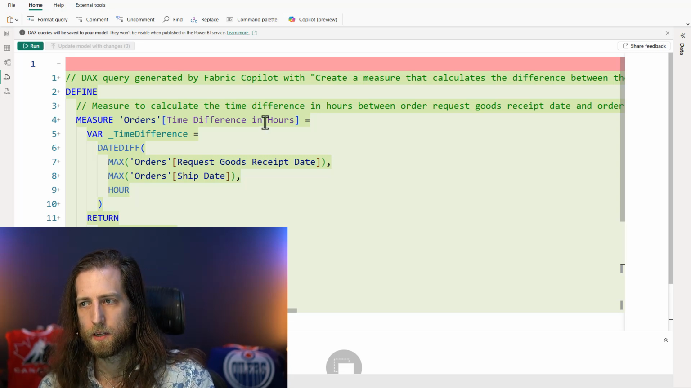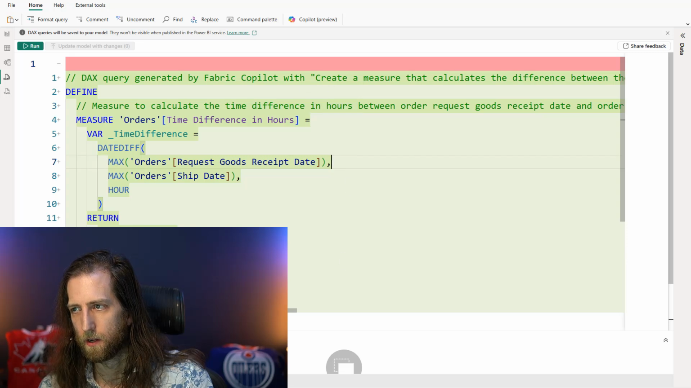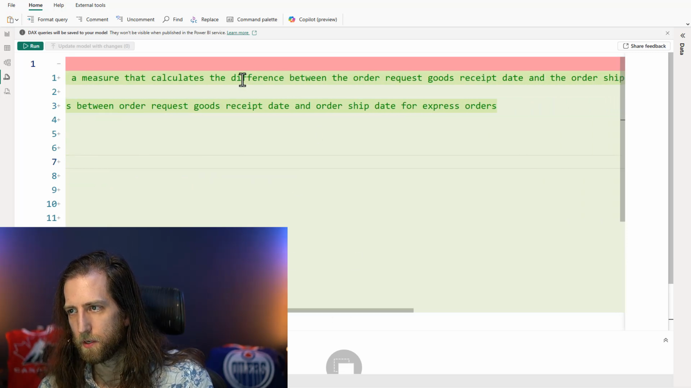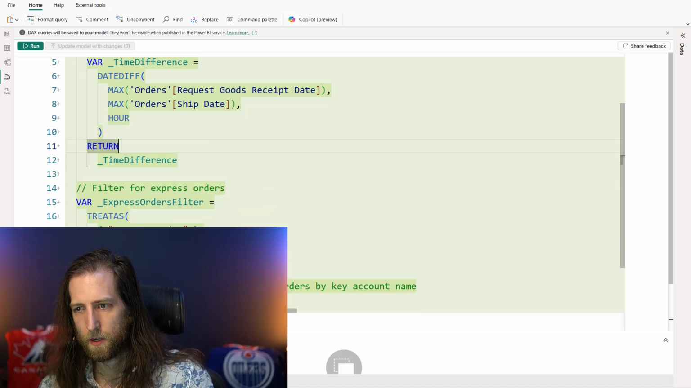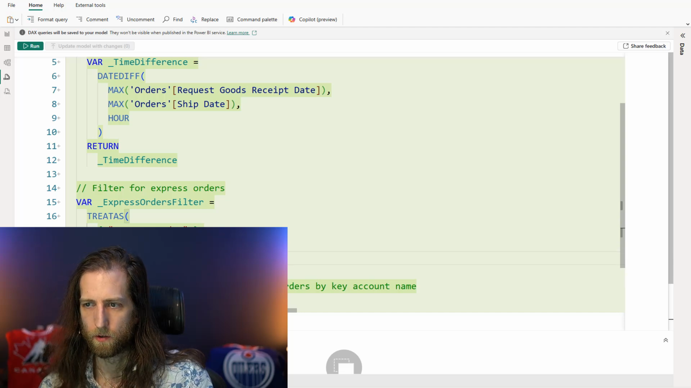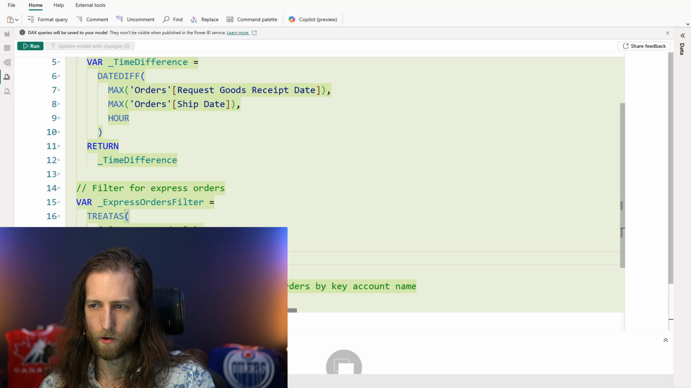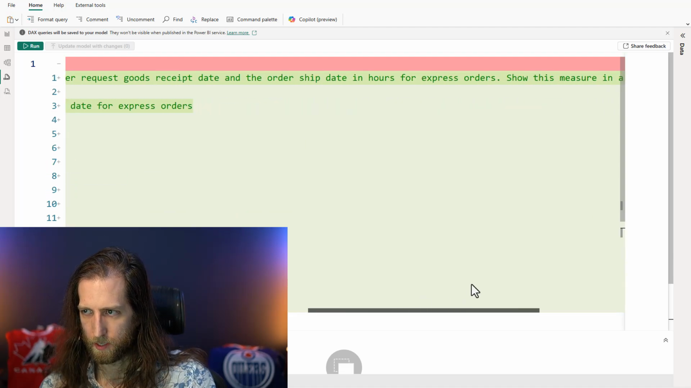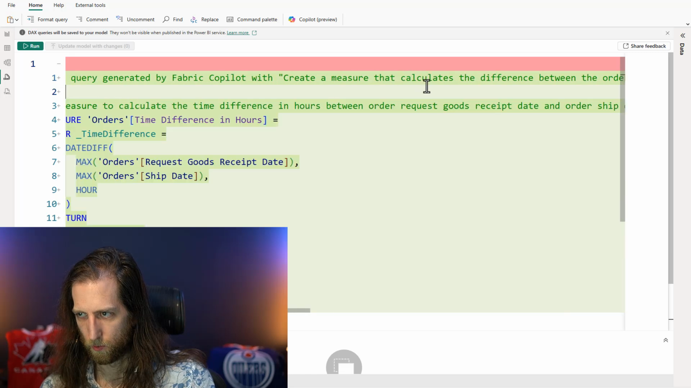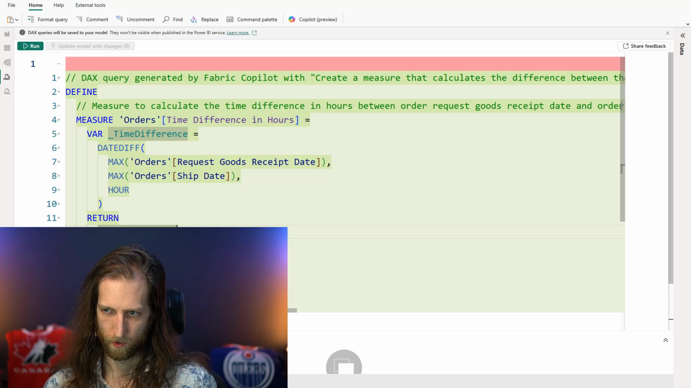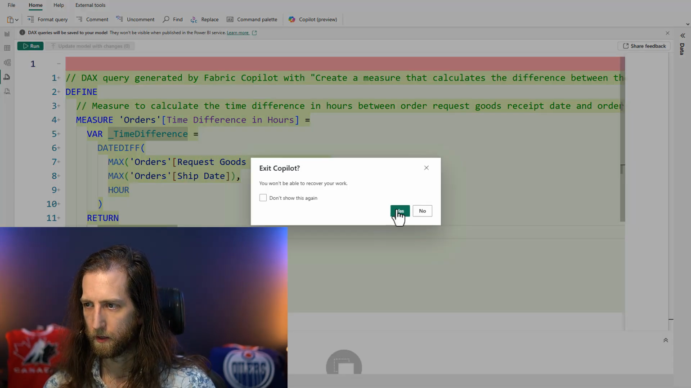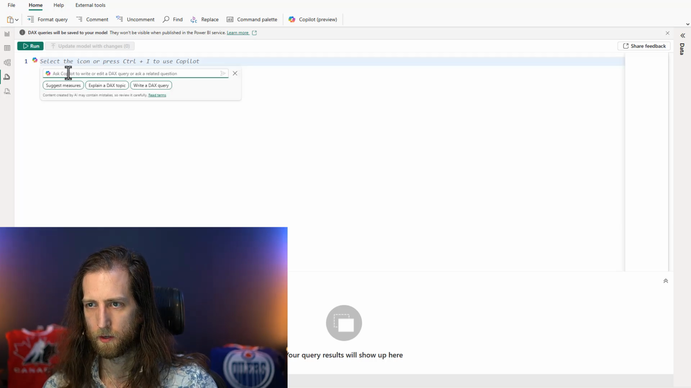We just told it, calculate the time difference in hours, let's say here, between the order request or receipt date and order ship date. So it's just doing what we told it in this case. Also, we asked for express orders, and it used the invoice document type to determine that, but it should have used the order document type. Now, of course, that's also logical. We said for express orders, but we didn't tell Copilot the context of how it should know what an express order is. So if we wanted to get a better result, we could instead say,